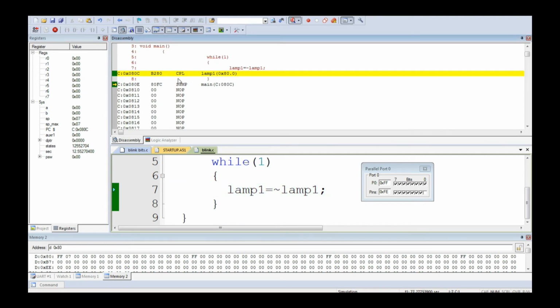Earlier, if you look at the assembly language code, lamp1 equal to 1's complement of lamp1 is the C code. In the assembly language code, instead of XRL, here it is CPL, complement logic, which is a Boolean instruction. What is a Boolean instruction? Complement the bit. That means it is related with the bit. If you observe carefully,